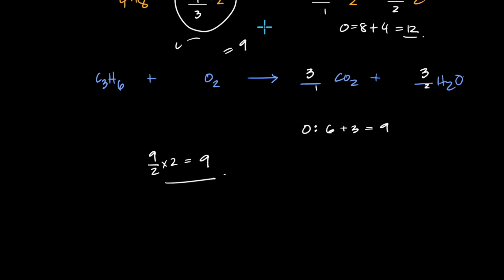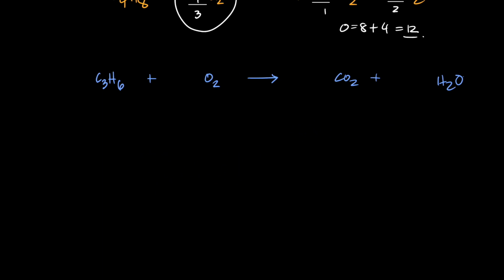So if you're wondering, let me do this again here. So let's do this all over again, because the moment we got fractions, everybody thought I'm doing like university level calculus now, because clearly fractions were never taught to us. Again, sarcasm here, guys. So I got 3 C's here, so I put 3 C's. 6 H's, 3 times 2 is 6. I can multiply. I'm good with that. So how many O's do I have? 3 times 2 is 6. Plus 3 times 1 is 3.